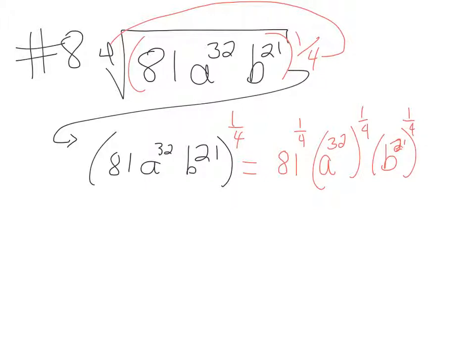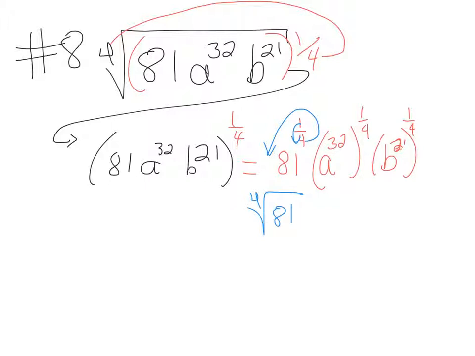Then the 81 to the 1/4 is the same thing as rewriting. See, the 1 goes with the 81, the 4 becomes a root. So that is the same thing as the fourth root of 81. So the fourth root of 81 is, the question is, what number, when you multiply by itself 4 times, equals